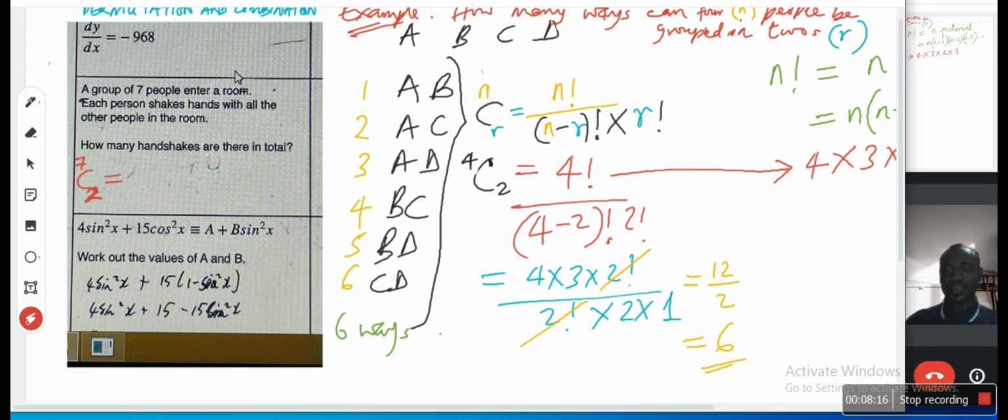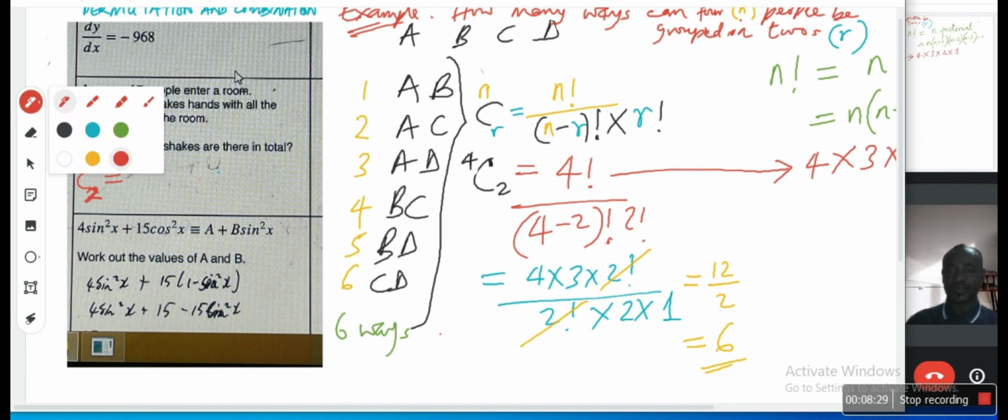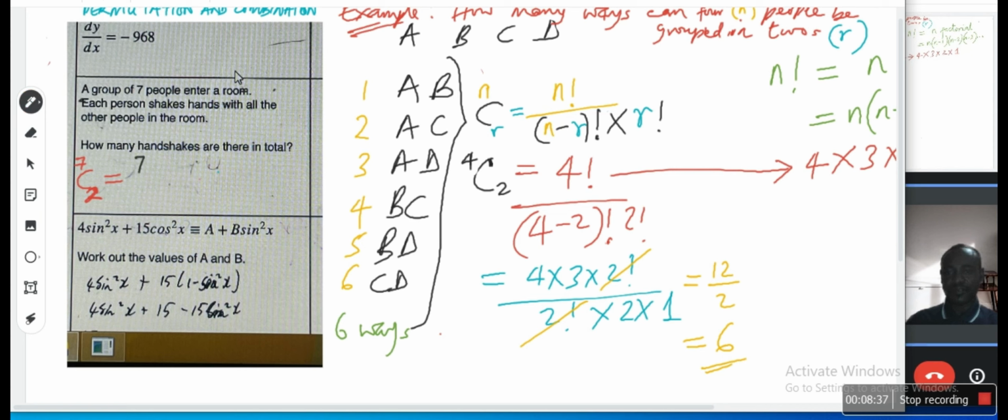So it's like saying, how many ways can you group 7 people in twos? So it's 7 combination 2. Okay, so 7 combination 2 will be what? 7 factorial, right? That's 7 factorial